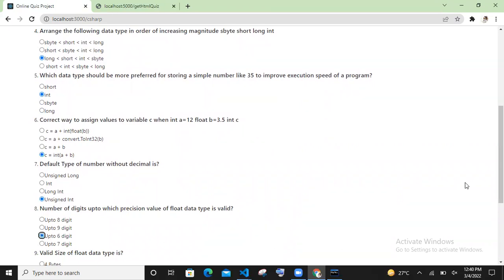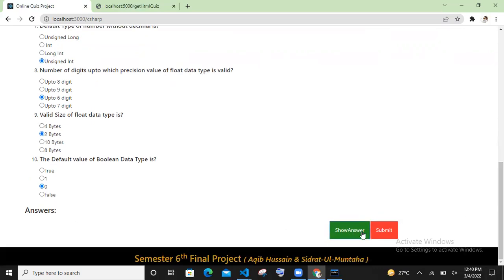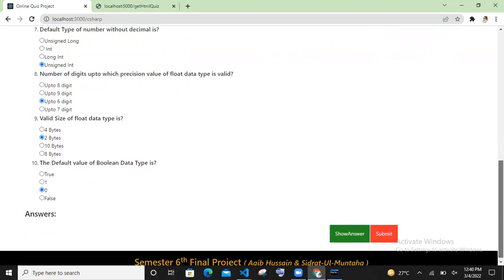Basically, two more, and I will click on this. As we saw previously, Show Answer was disabled. When I click on submit, now it's enabled, and when we click on Show Answer, it will show the answers.